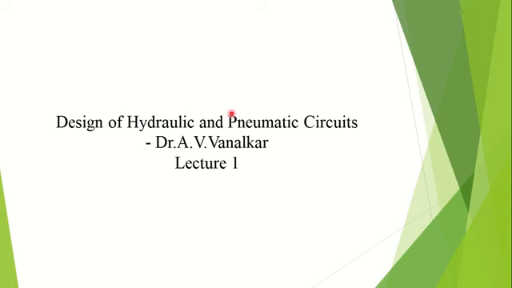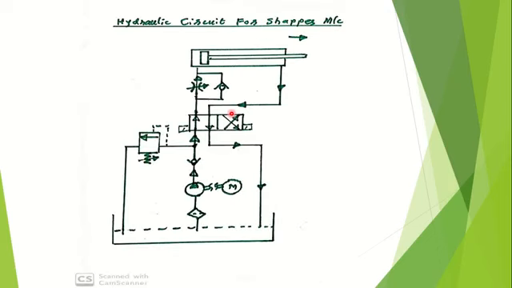Now here we are going to discuss the first hydraulic circuit, for the shaper machine. In the university examination, the question may be asked like this: explain with neat sketch the working of hydraulic circuit for shaper machine. This question was asked in summer 2018, winter 17, winter 16. The same circuitry can be drawn for surface grinder as well as planing machine. Even the student can draw the circuit for other machine tools like milling machine, hydraulic crane, etc.